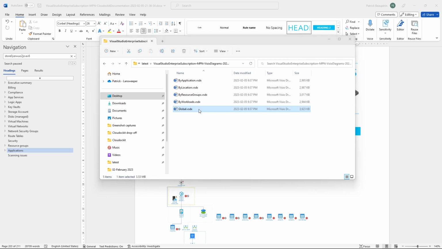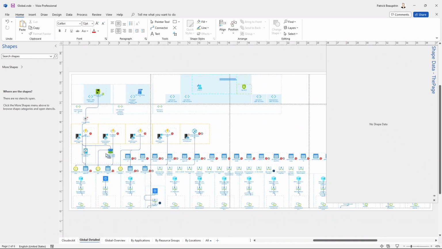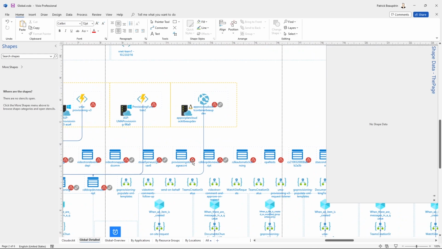If you go to the global diagram, let's open this one, and let me show you when it pops up. So the global diagram is interesting because it shows you all the resources that have been detected in one page. So that can be a great way to spot the problems. If you've selected the compliance rules, and if you've decided that you want to see the result of the compliance rules being broken on the diagram, those are all options that you can select, you will quickly spot the